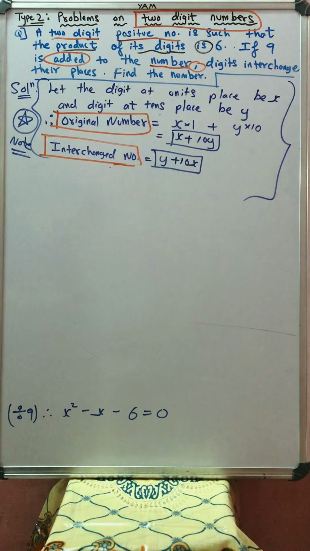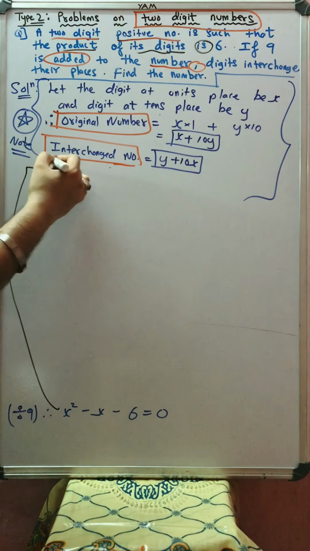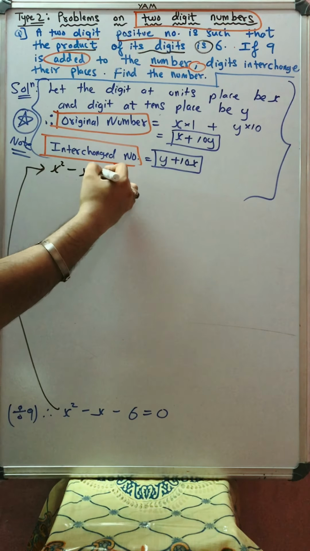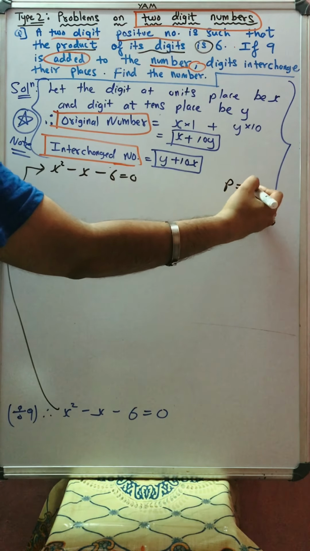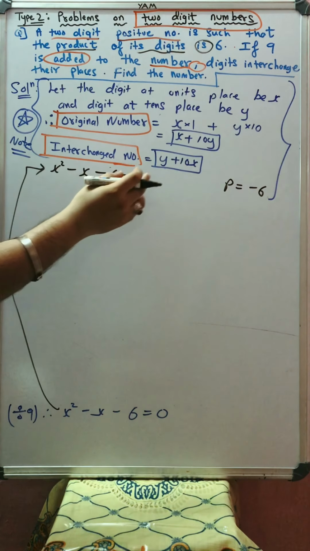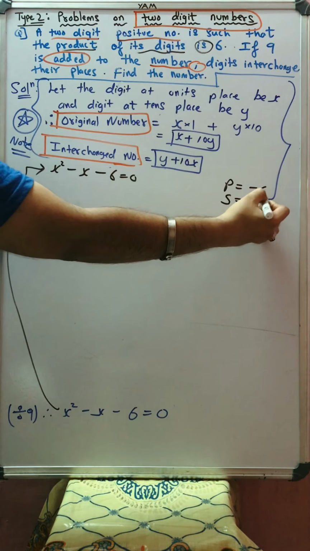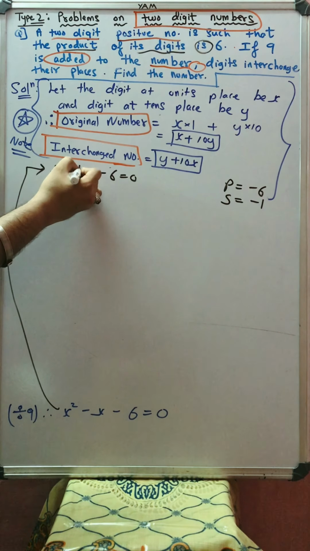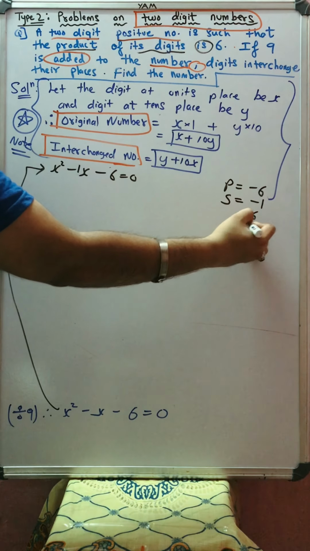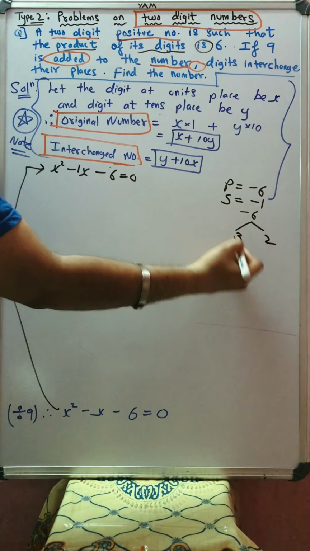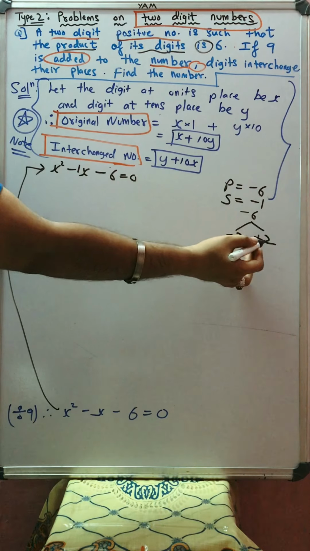So now, students, I am copying the last line over here. x square minus x minus 6 is equal to 0. It's a pure quadratic. I want two numbers such that their product should be minus 6, because I can see minus 6 here. And if I add the same two numbers whose product is minus 6, I should get their sum as minus 1, because here there is nothing, that means I have 1, so it's minus 1. So how to get that? Can I say I want minus 6? So I can have 3 and 2, minus 3 and plus 2. Minus 3 multiplied by plus 2 is minus 6. Minus 3 plus 2 is minus 1.